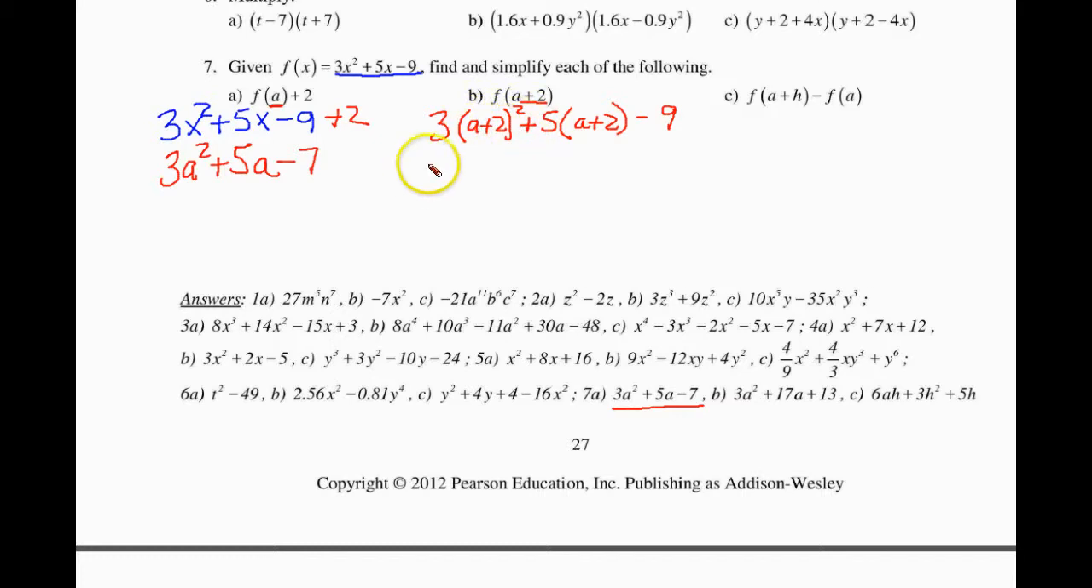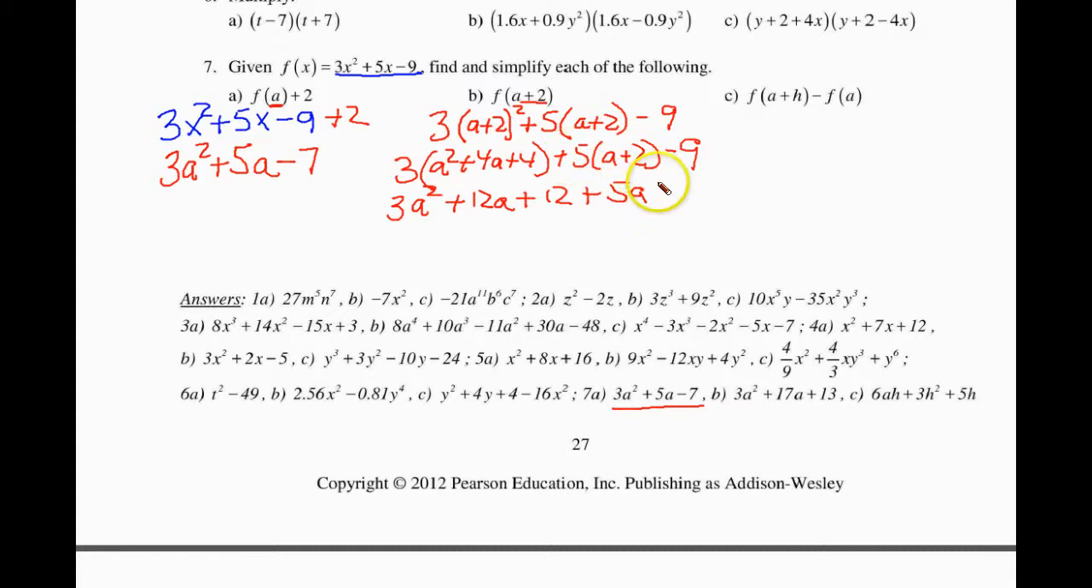So what I have to do is square that, keeping in mind I have a 3 there. So this becomes a squared. Multiply these two together, double it, plus 4a plus 4. And then this is going to be plus 5 times a plus 2 minus 9. So now I'm going to distribute. So I get here 3a squared plus 12a plus 12 plus 5a plus 10